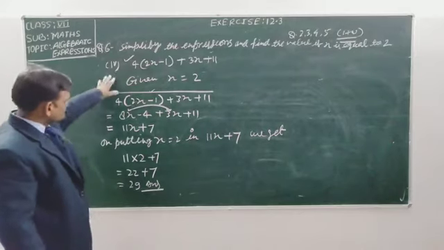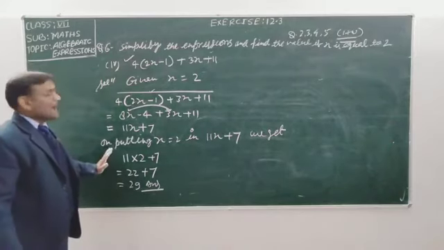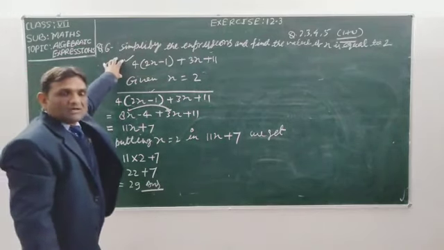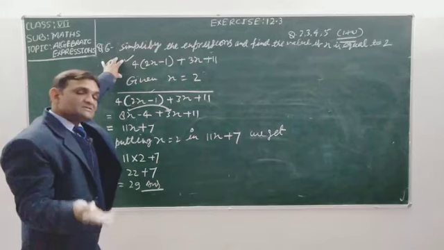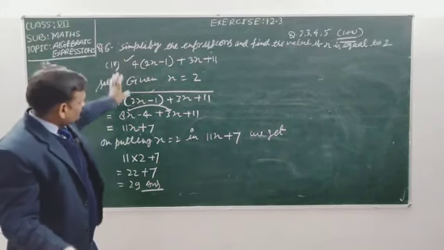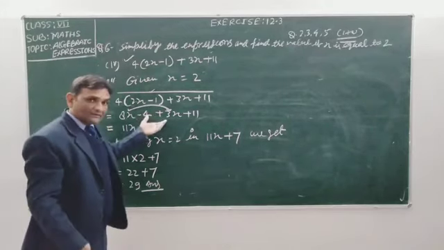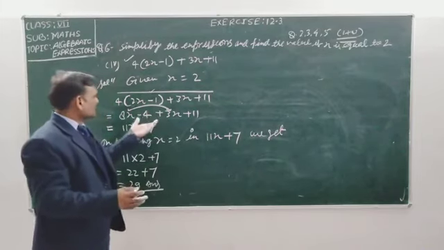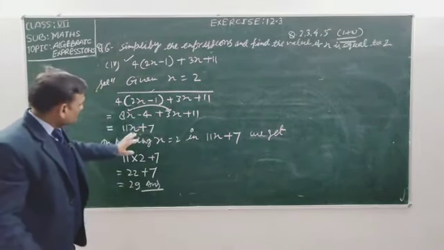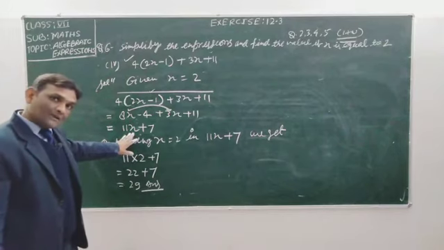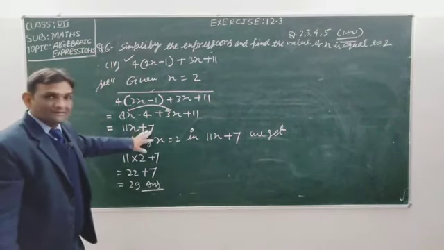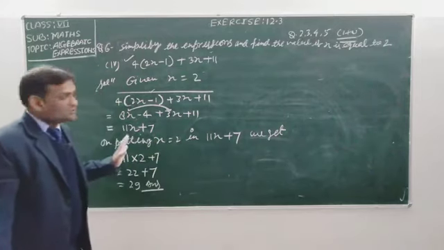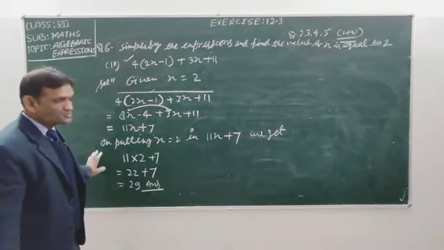So student, this is a very easy question. In the same way you will solve the remaining part of this question. You have to simplify everything. How to simplify? If you need to add or subtract, then you will add and subtract in the expression and find the result, and then in the result you will put the given value of the variable. So I hope student you have understood this question very well.